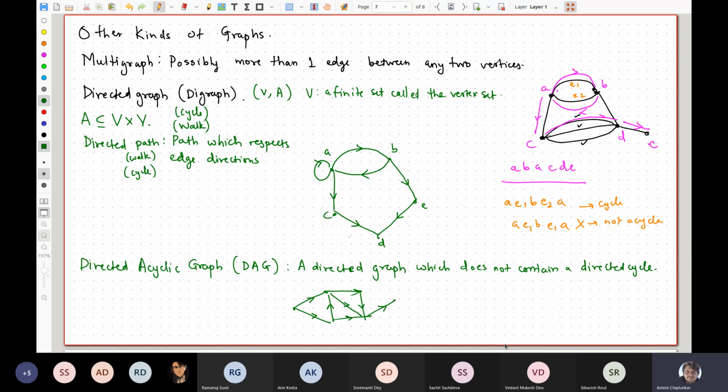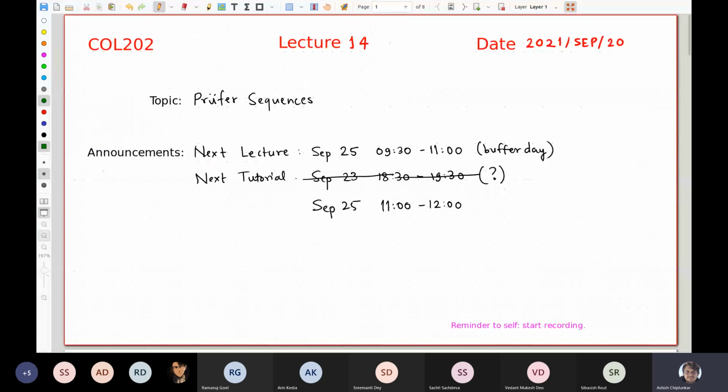Wish you all the best for your remaining exams, and then we are going to meet on Saturday, right? Saturday morning we are meeting for the next lecture, and immediately after the lecture we are going to have a tutorial session. In the meantime, I'll add more problems to the tutorial session maybe. And on Saturday, especially for those who are not attending right now, we are going to start something completely new, which has nothing to do with graph theory. So if you want to catch up and start attending, that would be an excellent opportunity to do so. All right, so chalo then. Bye bye. That's all for today.